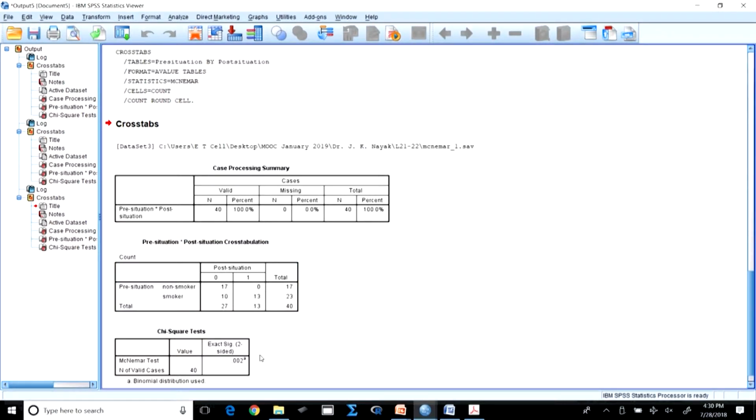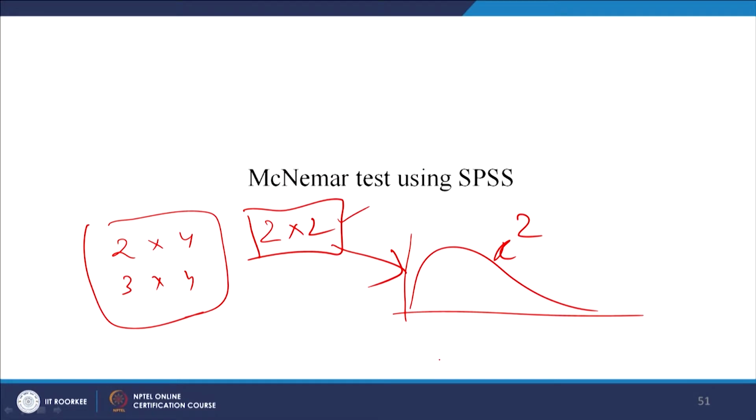As a result, the McNemar test says there is a significant change in people's smoking habits after they watched the advertisement or went through the treatment. This is what you have to write down when you write the result of the test. This is a significant test and the null hypothesis that the advertisement has no effect on smoking habits is rejected; rather it has an impact on the smoking habit of people, a positive impact. This is one of the things that we were doing. Now, let us go back to our PPT.